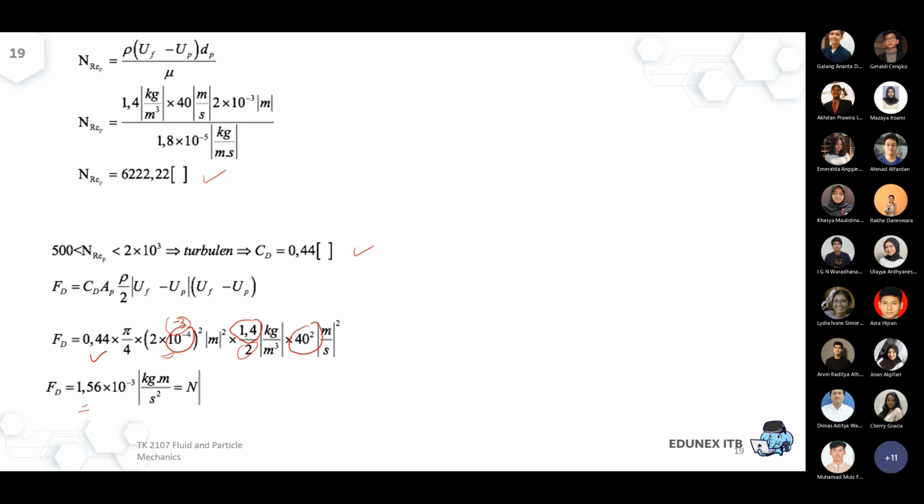Okay, maybe if there is a slight difference, it's the rounding of the phi and so on. So maybe you get 1.55. That's still okay. So the final number roughly is correct. The only typo over here is the previous line. It should be -3 instead of -4. Okay, any question?